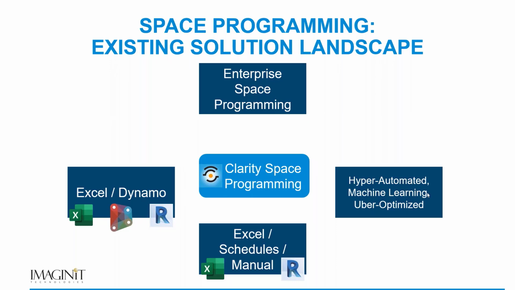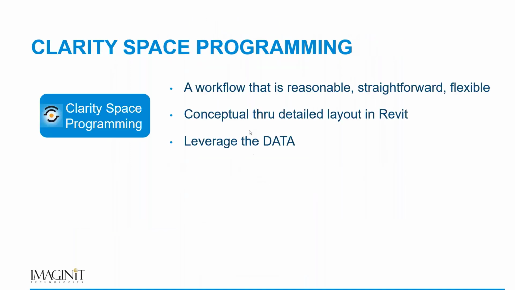There's some really interesting stuff going on in hyper automated machine learning, optimization kinds of systems. But it seemed like that was a big jump for people when not everybody has a good repetitive workflow. And so we wondered, is there space in the middle here for Clarity space programming, and something